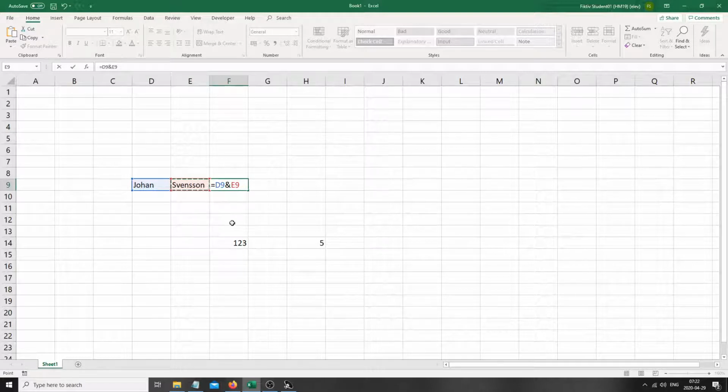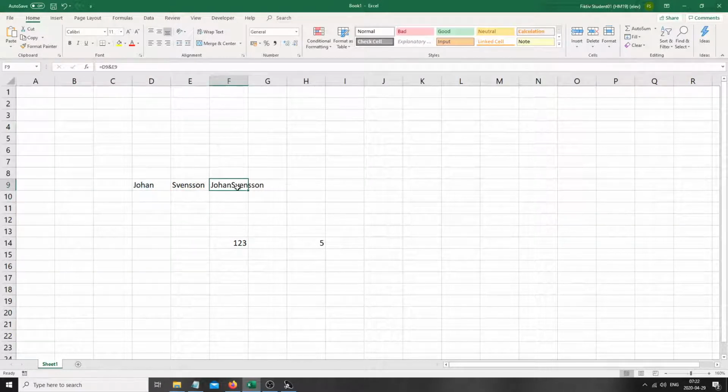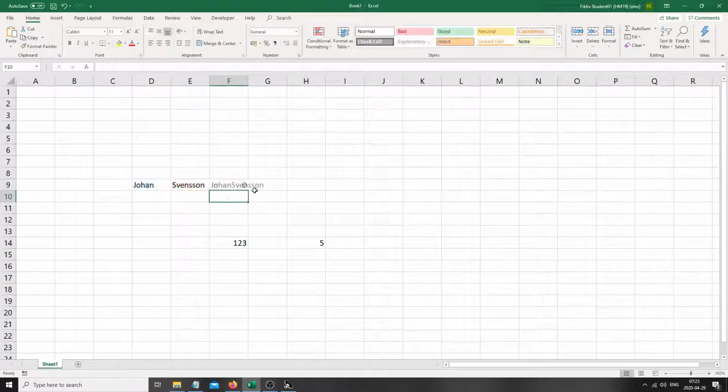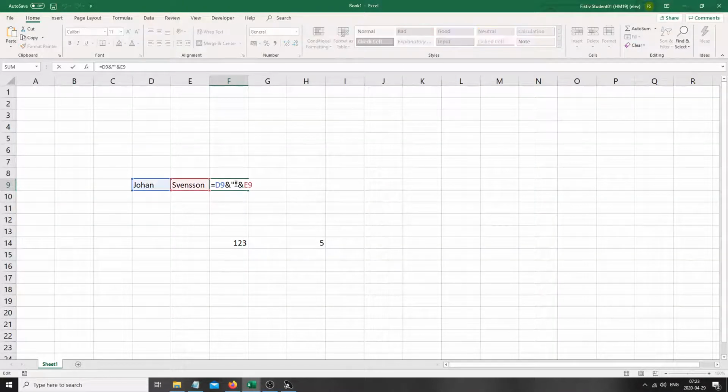So we do this, and what do we see? We get it together. However, this might not look so nice because we put them together. That's what concatenate means, concatenation. But we also might want to add a space between them. So how do we do that? Well, we just add another and then just add it as text. And if we just do it like this, we will have a space there. I forgot to add the actual space there. We add the space, and then we'll get a